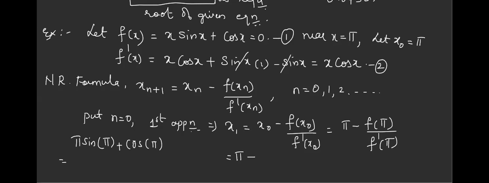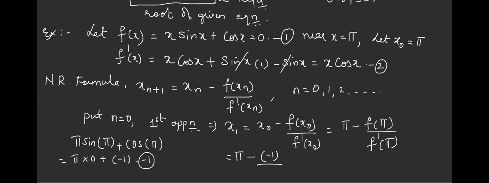Just confirm. We usually do it theoretically, so pi will be kept as pi only. What is sine pi? Zero. Sine pi is zero, correct? And what is cos pi? Cos of pi is -1. So the answer is -1, isn't it? We usually do this theoretically, but even the calculator gives you this, but you should change the mode. So the value of f of pi is -1. I'll keep it like this.